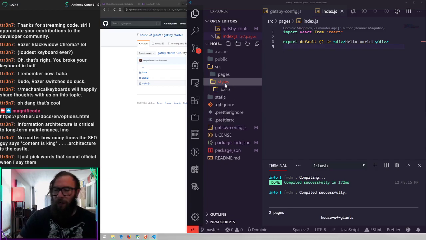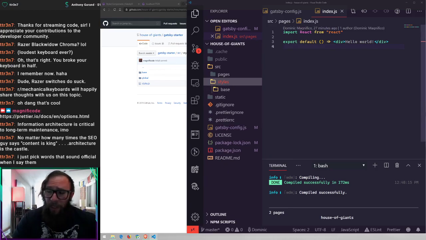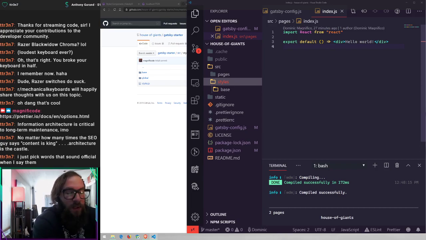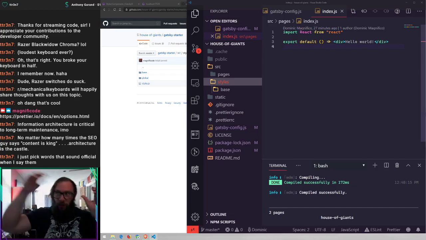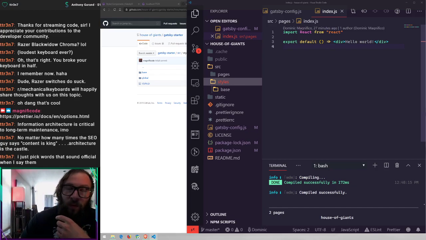And one of the things too that I like to do, because we're partialing out pretty much everything, is that I want, in this site, to make sure that we have really tightly packaged components that only have the CSS associated with the component that is directly related to that component. So